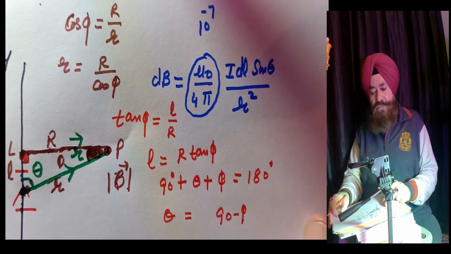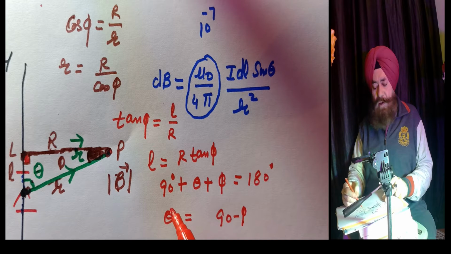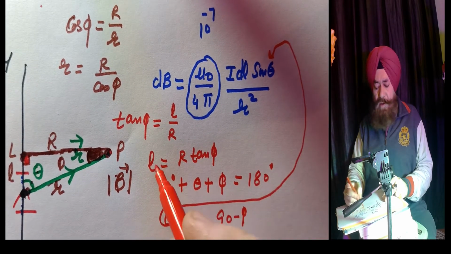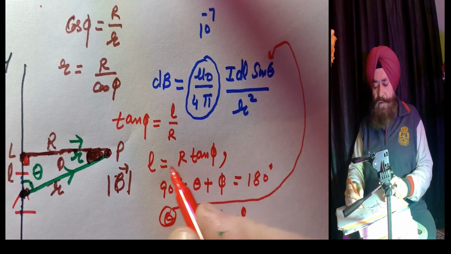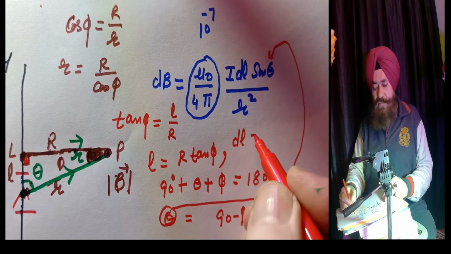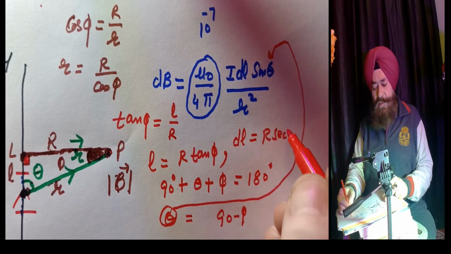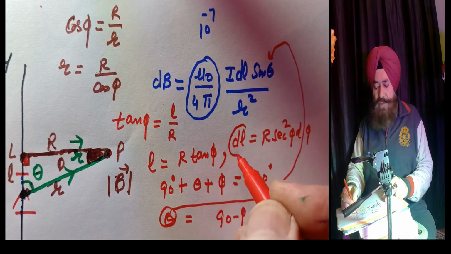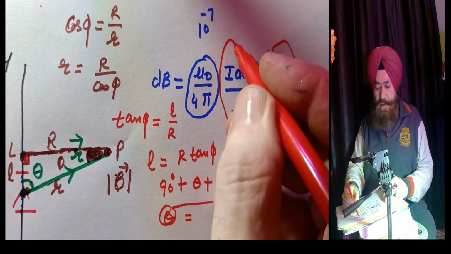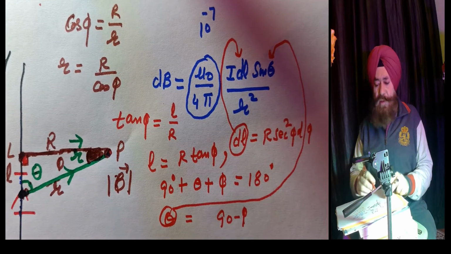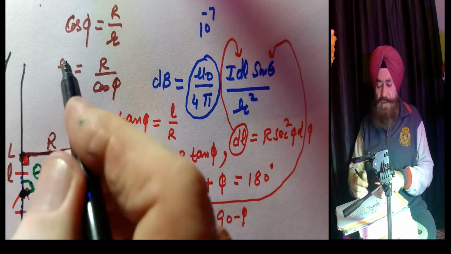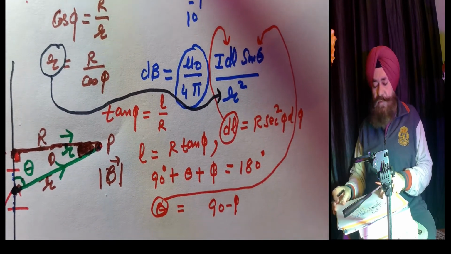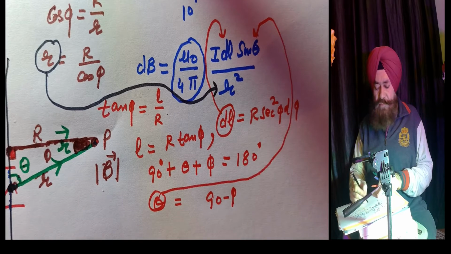Now what do we do? I substitute this theta here, and I have the value of l. So if I differentiate it, dl becomes R secant square phi d phi. I substitute this value of dl here, and I substitute this value of r here. So the expression for dB becomes